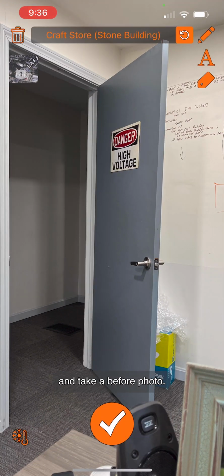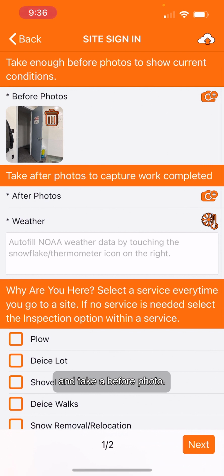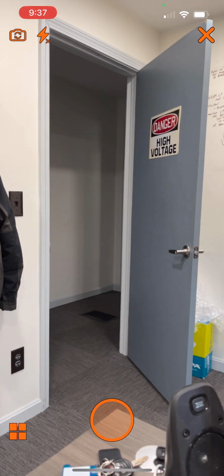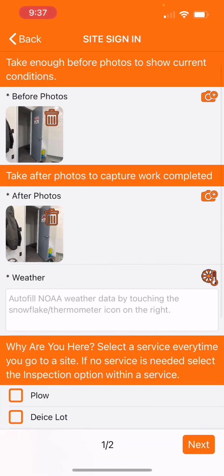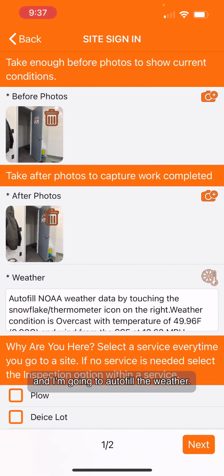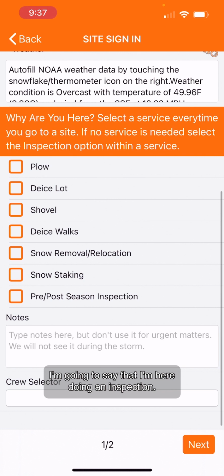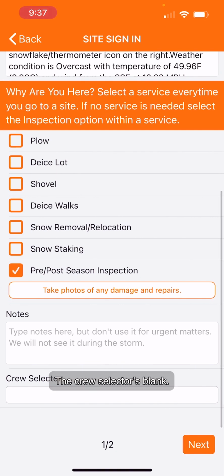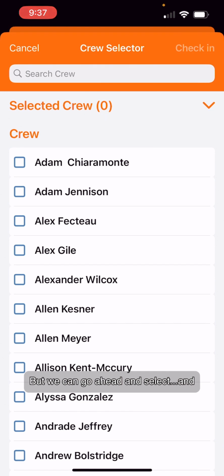I'm going to take a before photo. I'm going to take an after photo. And I'm going to autofill the weather. I'm going to say that I'm here doing an inspection. The crew selector is blank, but we can go ahead and select,